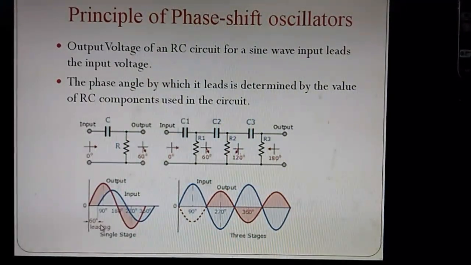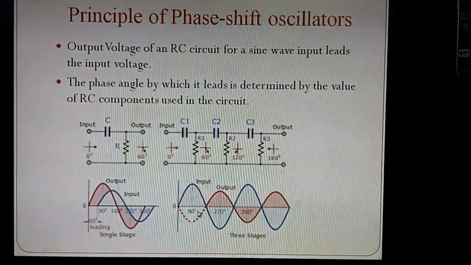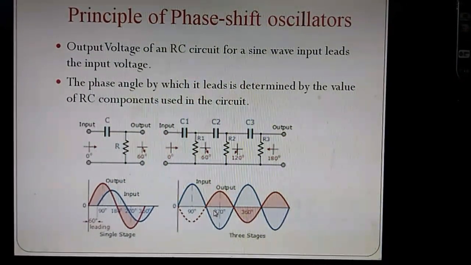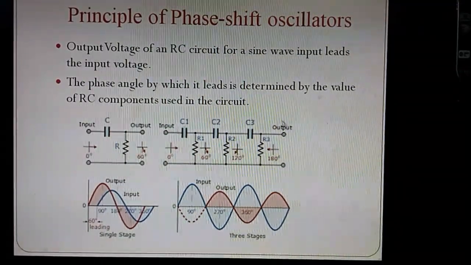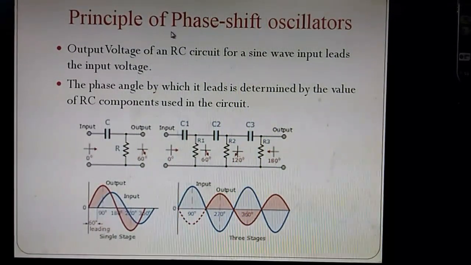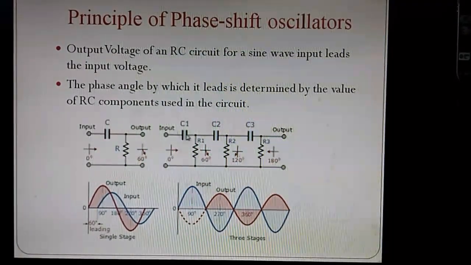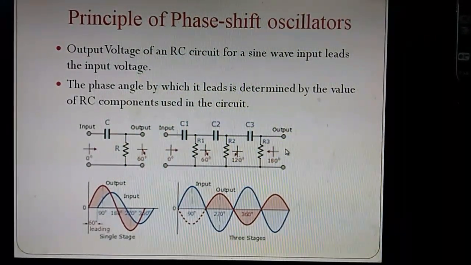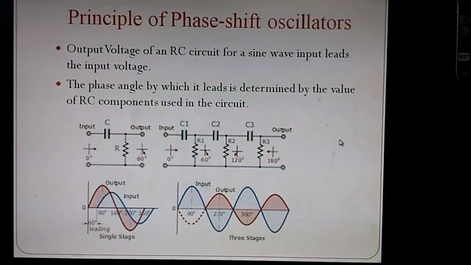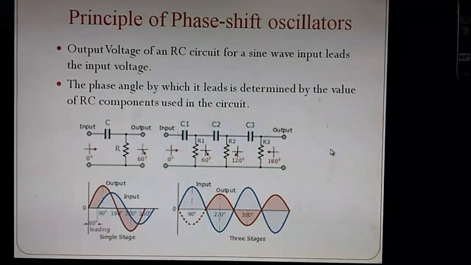The waveform shows 60 degree leading for the first circuit, output versus input. The second diagram shows 180 degree phase shift between input and output. This is one criterion in the oscillator, where this network acts as a feedback network in the RC phase shift oscillator. RC phase shift means we are using resistor and capacitor circuits, and it will shift the phase from one end to another end by 180 degree. After this stage, we will put one amplifier to give another 180 degree phase shift, such that the total phase shift becomes 360 degree or 0 degree.